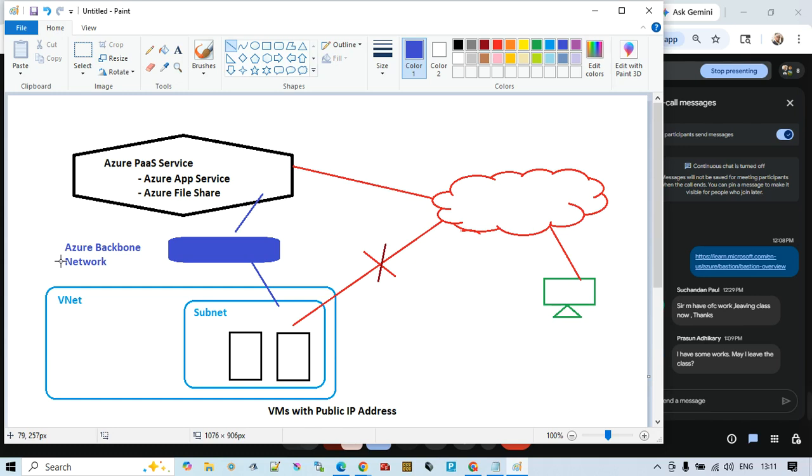But at some point, where you want very tight security, this is also sometimes considered vulnerable. Why? Because your traffic is leaving your network and you do not want the traffic to leave the network. You want your traffic to remain within your network. So at that very moment, there comes something called